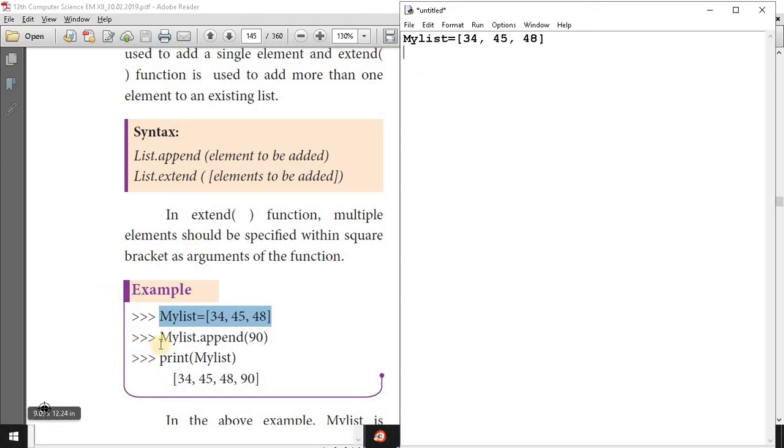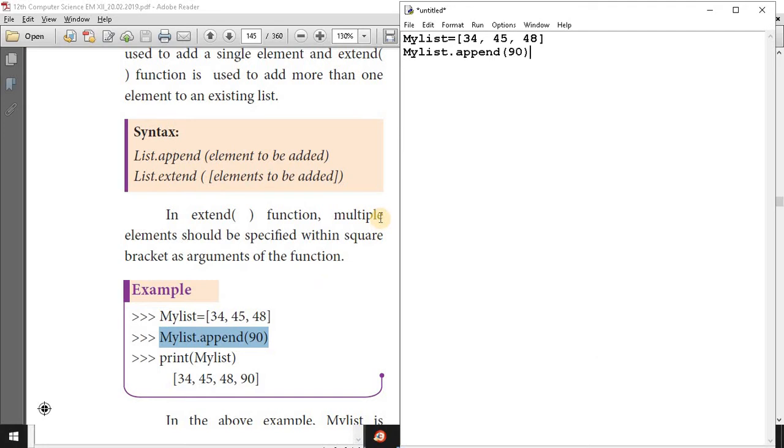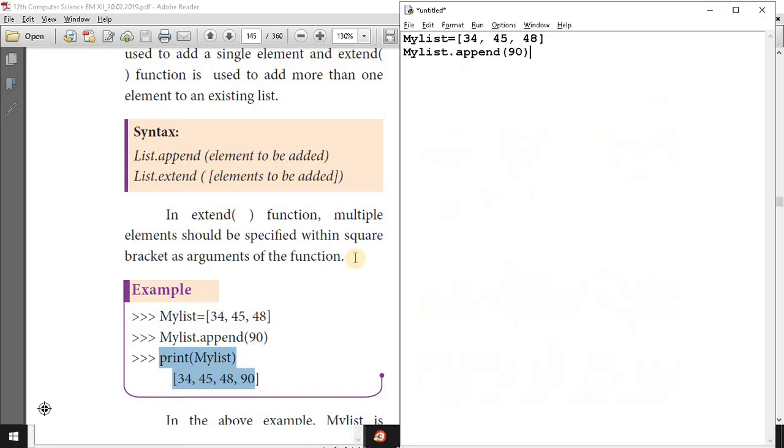My list dot append. Print. We add one more line before appending the value.